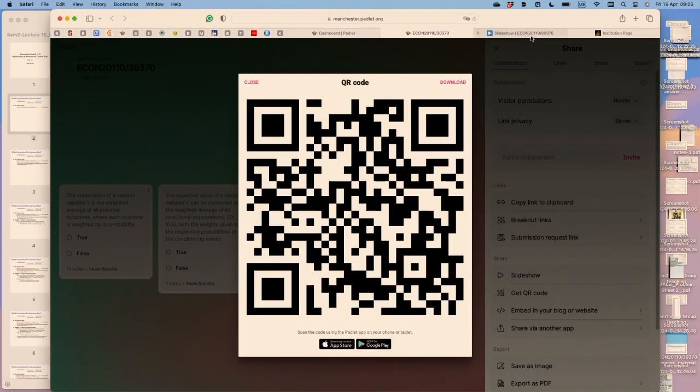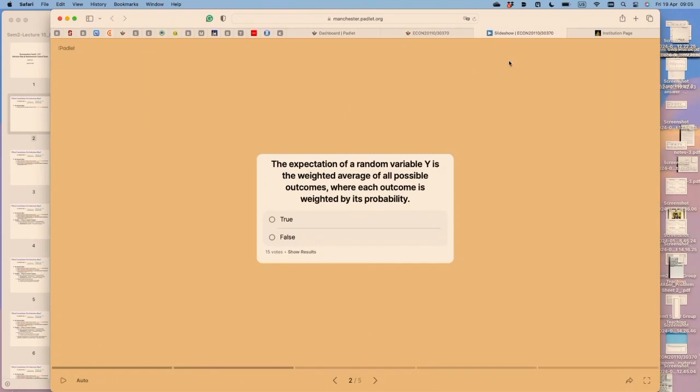Okay? Now, let's look at them together. So the first two questions are related to expectation, okay? Remember, for the potential outcome framework, the whole key tool of analyzing causal effect is via expectation and conditional expectation. So the first statement here is the expectation of a random variable y is the weighted average